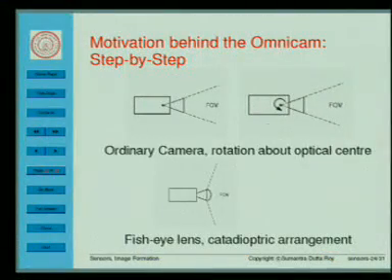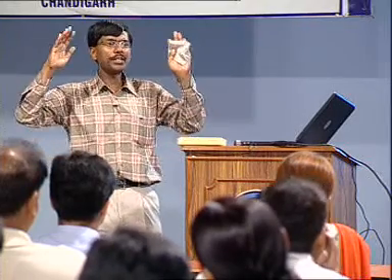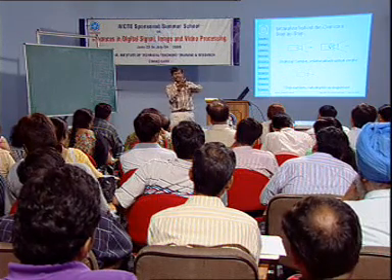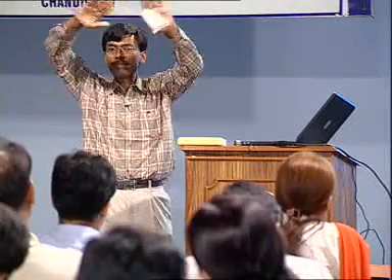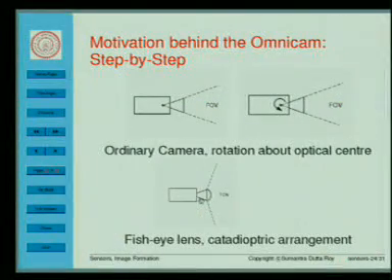Now one way to go about it is use a fisheye lens. ये तो आपने fisheye lens वाले images आपने newspaper में देखे होंगे. Typically around Independence Day or so, some cameraman goes to a nice place like the Red Fort and takes a fisheye lens and takes a view. They appear to be distorted. आपने देखा होगा. That is, image के center में जो चीज़ें हैं वो करीब करीब ठीक आते हैं, लेकिन जो side में हैं apparently it gets distorted. A fisheye lens nearly has a 180 degree field of view or a hemispherical field of view. Then why doesn't one use fisheye lenses?